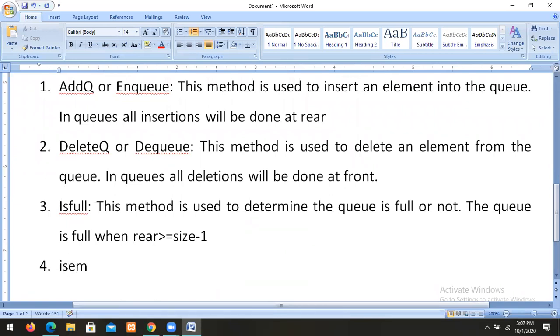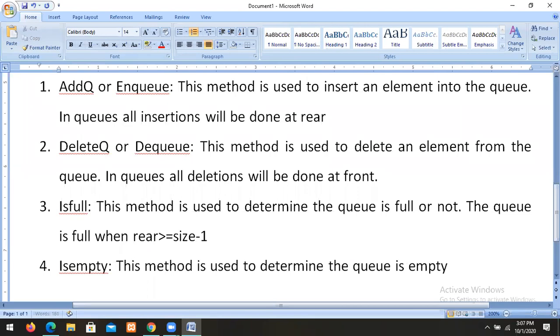Is empty. This method is used to determine whether the queue is empty or not.